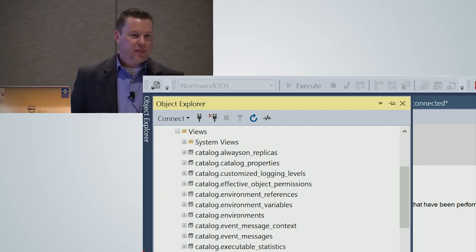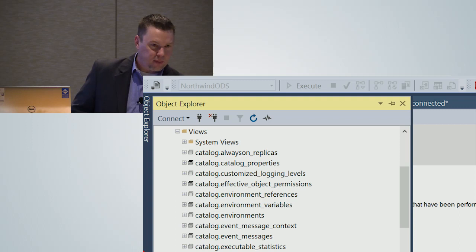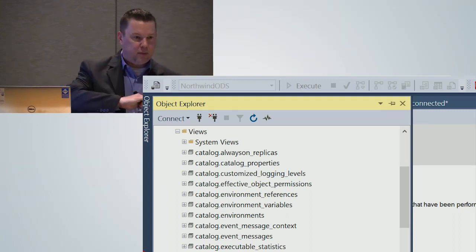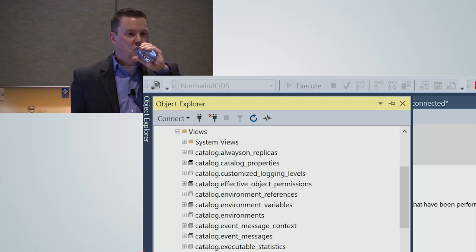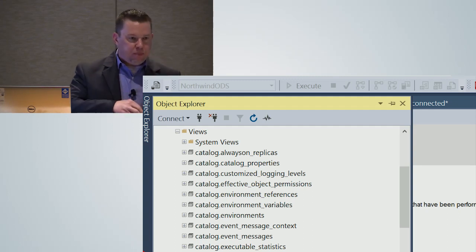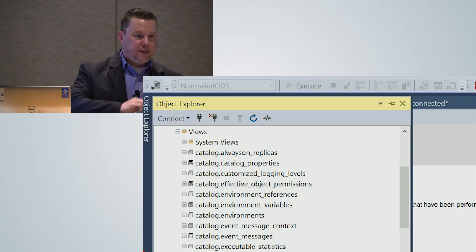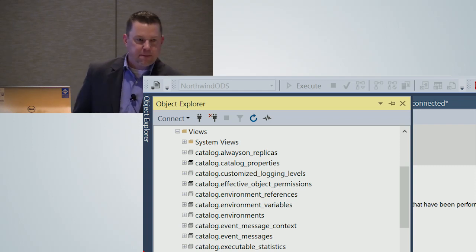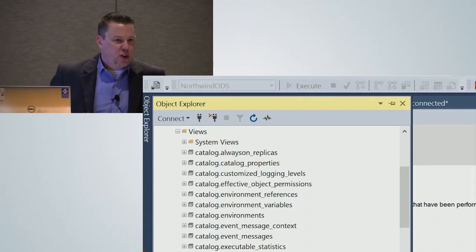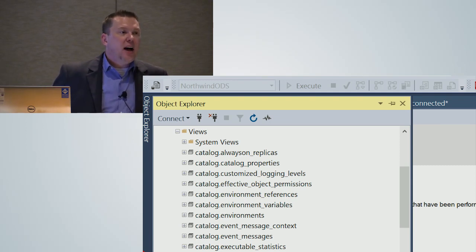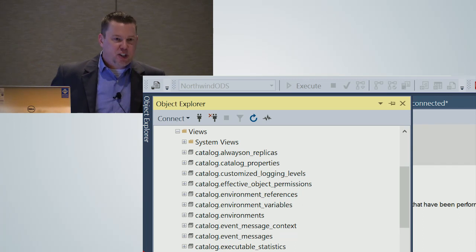Hey, David? One of the things that I like about SSIS is how you can call the same SSIS package from multiple different places, and as such, you can have a lot of different levels of permissions to access different data points. Is there something comparable like that in ADF? So if I understand your question correctly, you're talking about permissions on executing the package, or just the way that you can execute them in different ways? Both. Okay. So his question was about how, on SSIS, you can execute from the SSIS catalog directly. You can go into SQL Server Management Studio and execute from there, SQL Server Agent, or just invoke it directly.